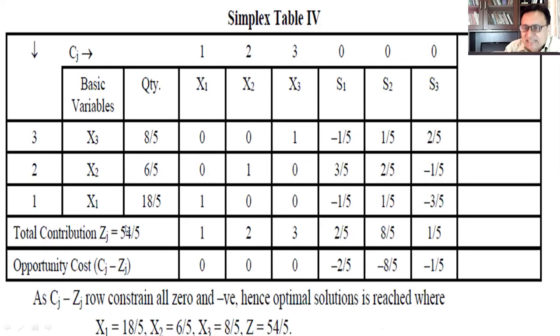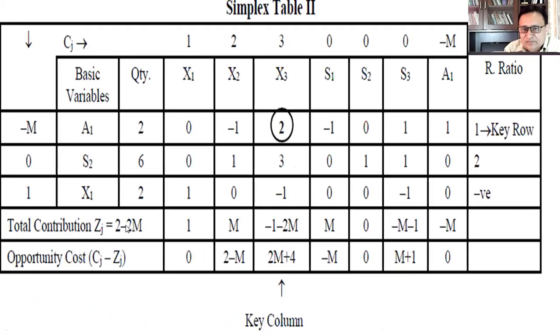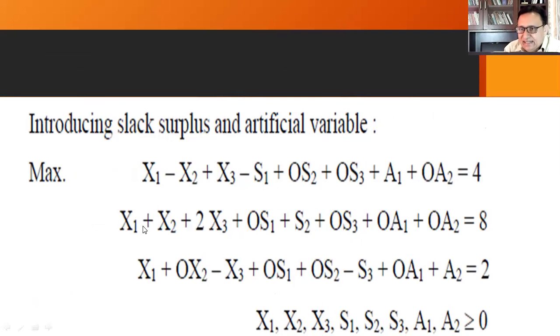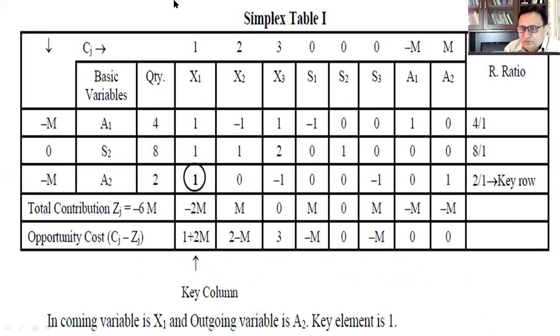So what we have changed in the Big M method is that we have just introduced the artificial variable, putting the artificial variable in all the constraints and revising the objective function. If the problem is of maximization, we give the coefficient -M to the artificial variable in the objective function, and to all other added variables we give the 0 coefficient. So the first simplex table is formed in the same way.